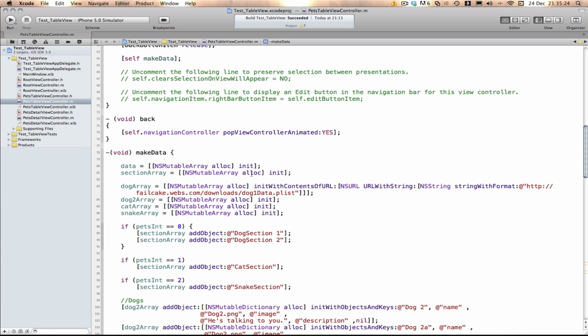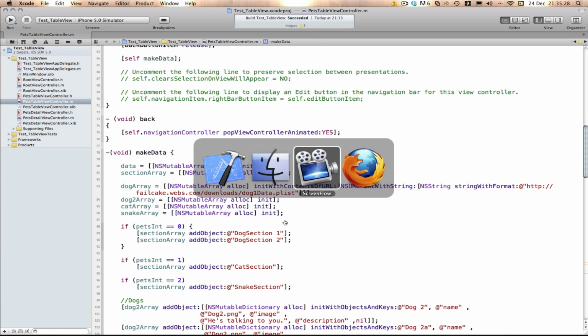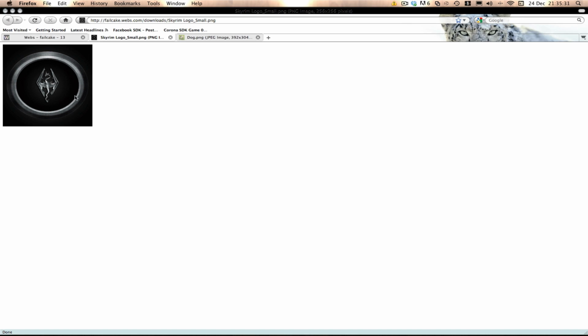So to do that, we're going to have to upload images to our server. Now I've uploaded 2 images to my server. If I just go, you'll see I've uploaded a Skyrim logo that I've made using IceFlow Studios'